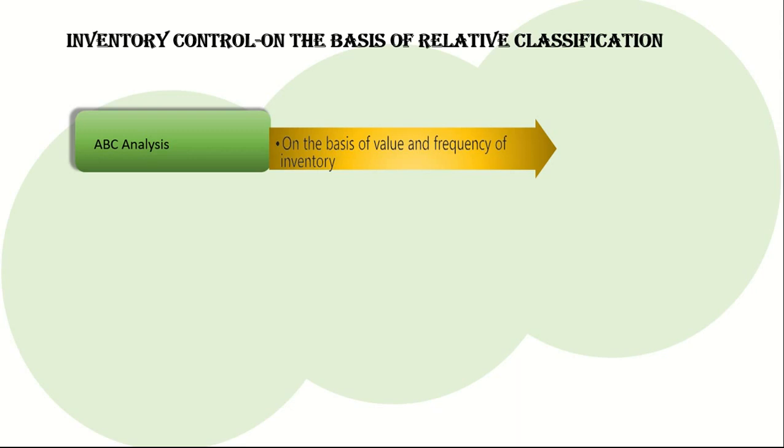C category: this category of items does not require much investment, it may be about 10% of total inventory value, but they are nearly 70% of the total items handled by the store. For this category of items, there is no need of exercising constant control. Orders for items in this group may be placed either after 6 months or once in a year after ascertaining consumption requirements. In this case, the objective is to economize on ordering and handling costs.